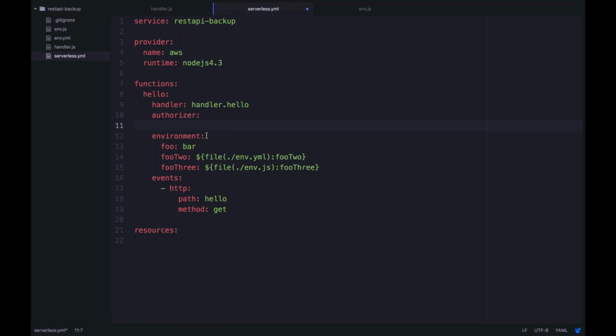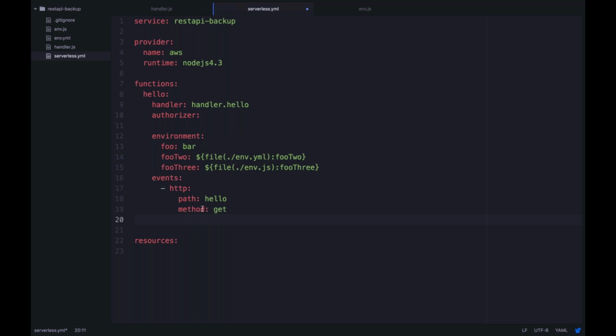auth, and in that Lambda function you could use Cognito, you could use auth0, and you could even make API keys mandatory on the endpoints themselves via API Gateway, and there's config settings for that in here too. And you should be able to do it right here in the HTTP event. So check out our documentation.